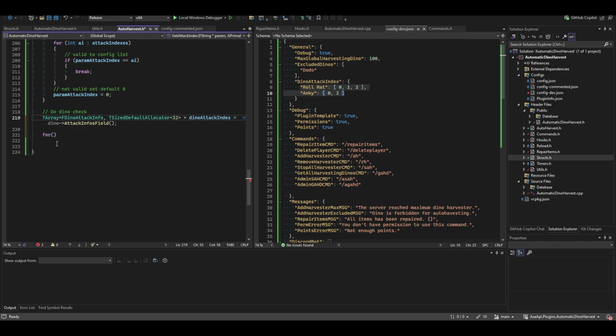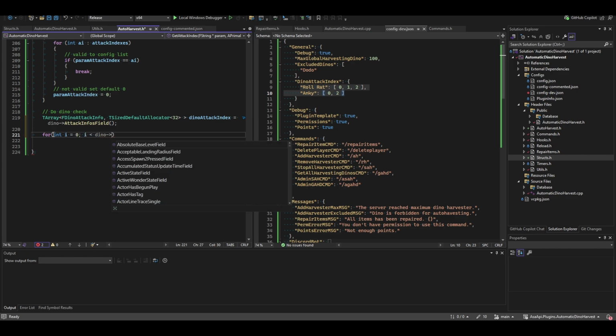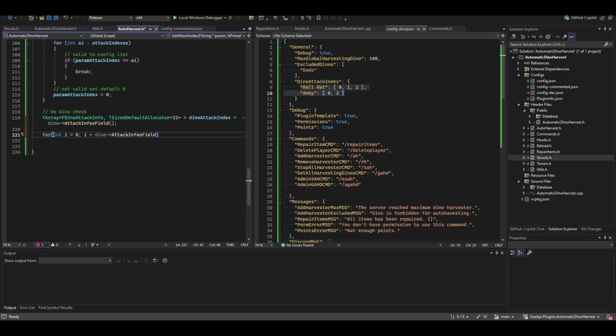Or maybe let's make another. Because I just don't want to type a lot of things like that. Int i equals zero; i equals dino back impose field num, then i plus plus, equal as that, right? And then